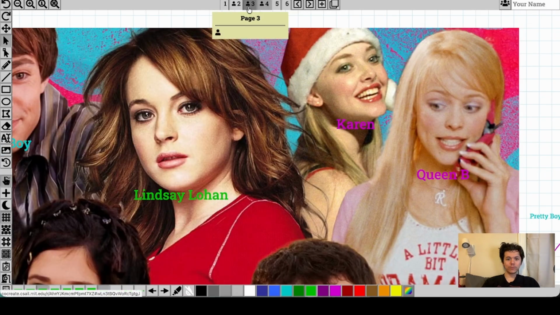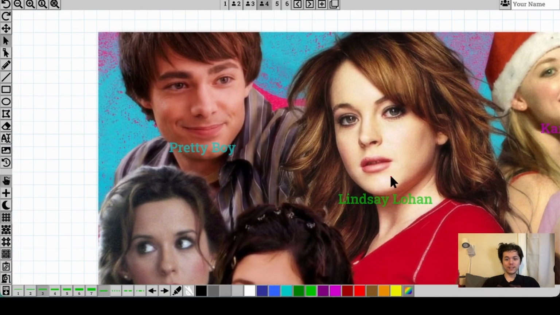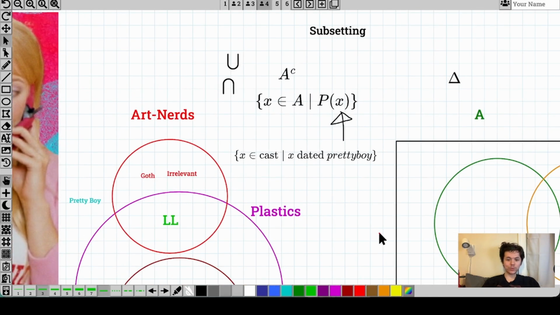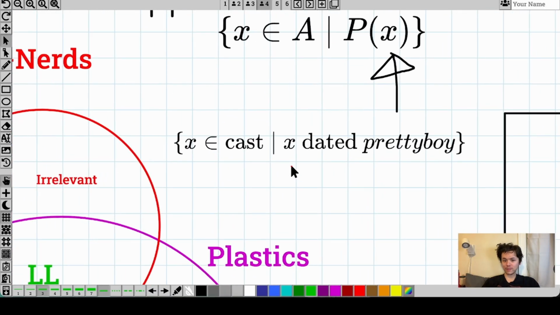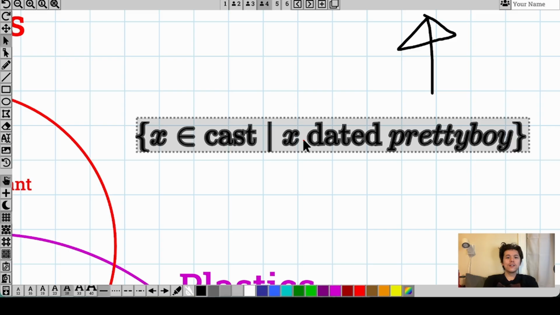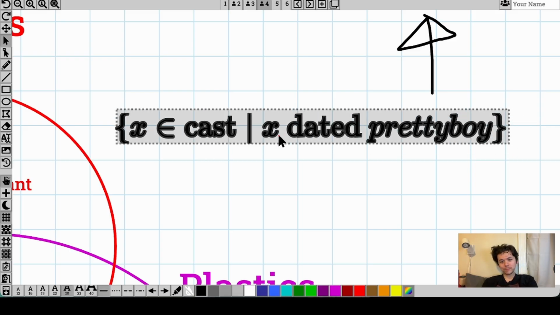Ooh, where am I going? Queen Bee used to date Pretty Boy, but now Lindsay Lohan is interested, and they're going to date? Gasp, trauma. What happens? You're gonna have to watch the movie to find out. I can't be all of your cultural education. But if you define this subset of the cast as X dated pretty boy, you will get exactly